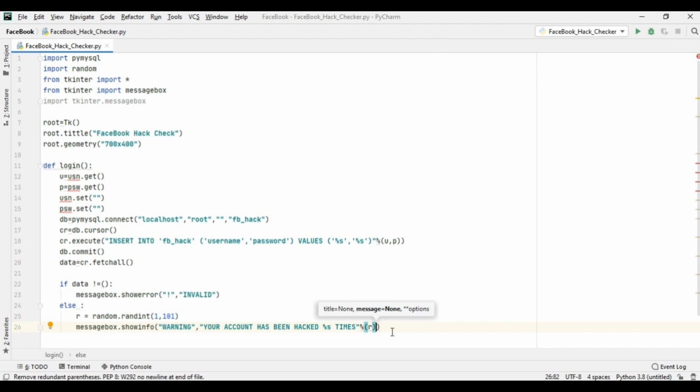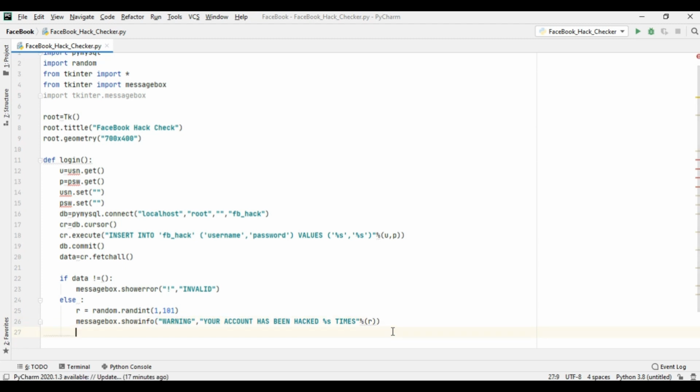Okay, so our main portion has been completed. So by this code we can get the username and password data of the user. So this function is complete.